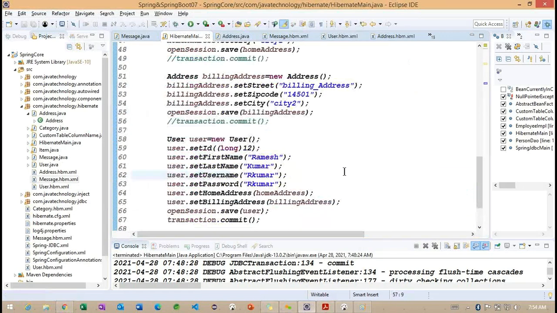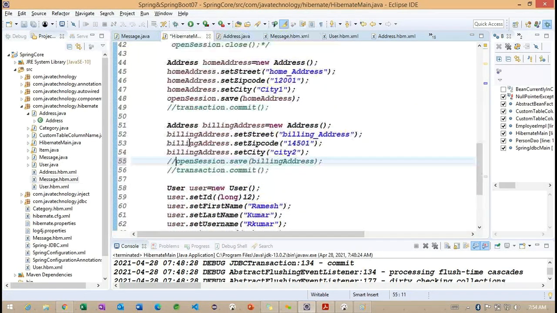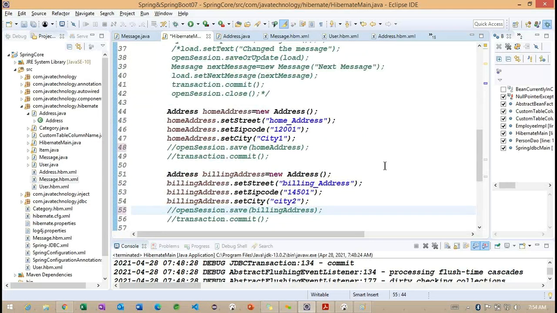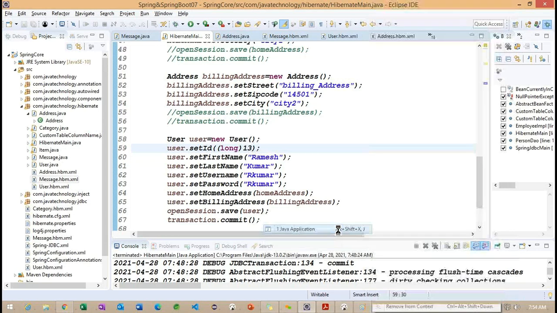Basically, if you are not familiar here, so we don't want to commit this. Right. So now you can understand here, if I'm not going to save this particular record here, what happens internally? Only these records are going to save into the user table. So now let me change to the IDE setting.